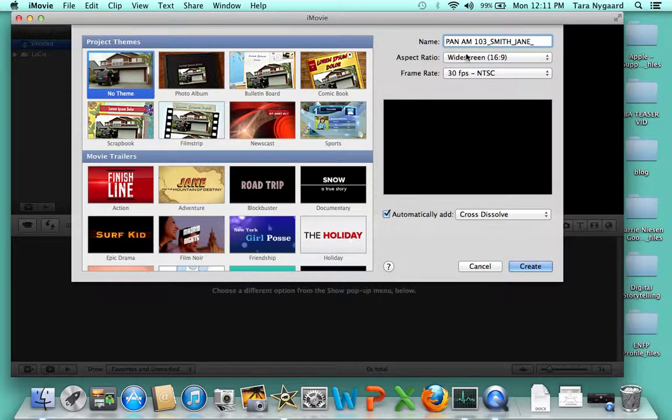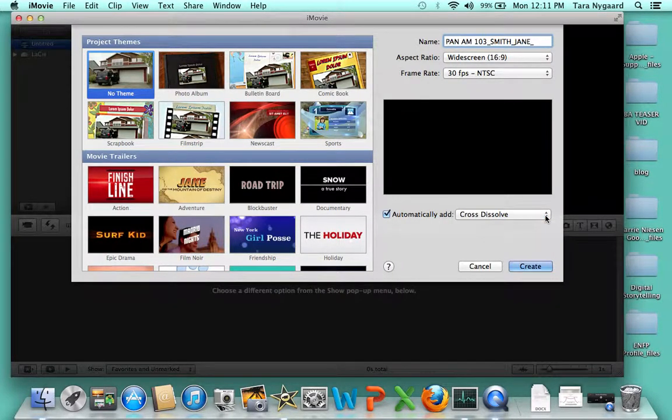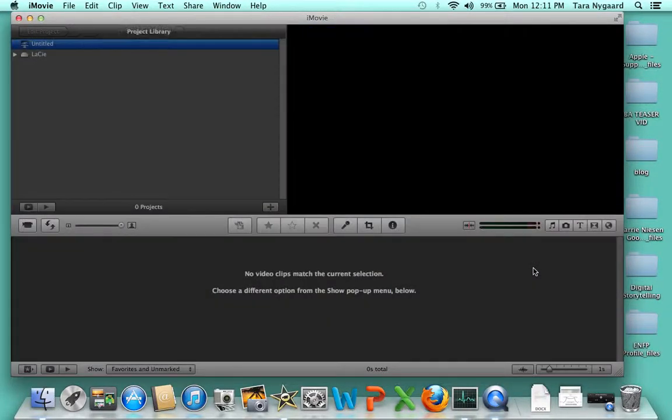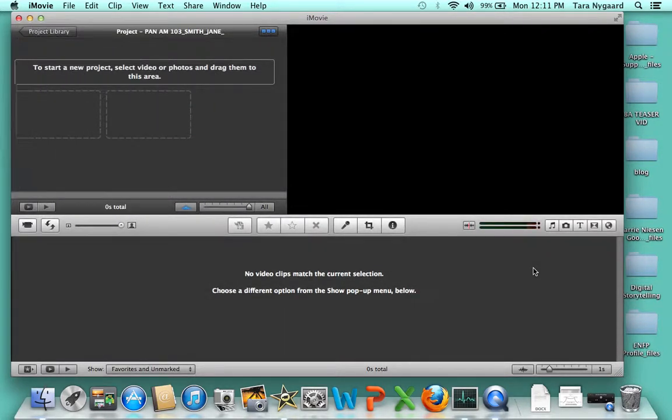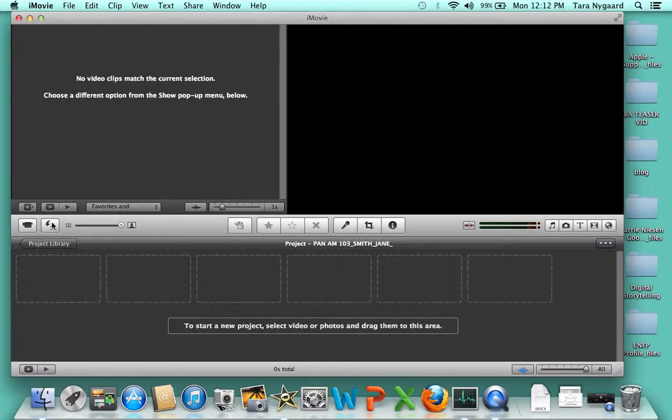And then just make sure you're on widescreen and 30 frames per second NTSC. And make sure that the automatically add cross dissolve is chosen. You've got lots of different transition choices, but I think this will work nicely for this project. And then hit create. And then you really want to put your editing screen down here, so you could always just flip-flop that using that swap